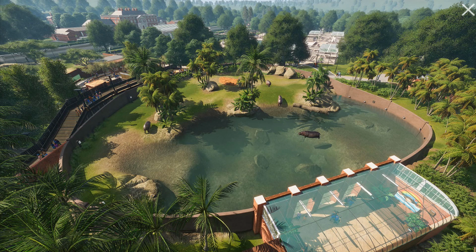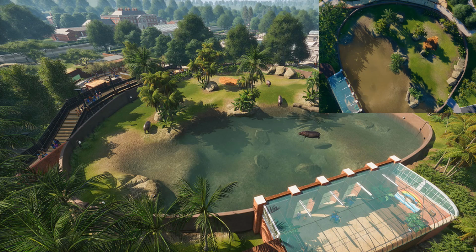Anyway, this is once again the same zoo we've seen before, but it's a much better look at one of the exhibits we've been debating for a long time. And more importantly, it actually contains animals for the first time in a long time. This is the same exhibit that has been the source of so much speculation thanks to an older screenshot, mainly concerning this building in the bottom left of the shot. Was it indeed an underwater viewing area? It was always difficult to tell from the angle, but thanks to this new shot we can...